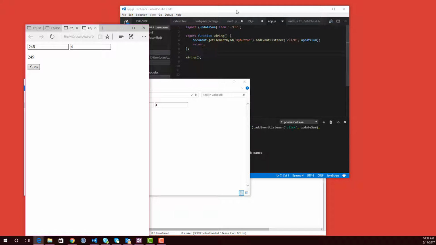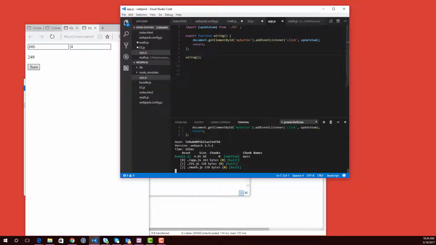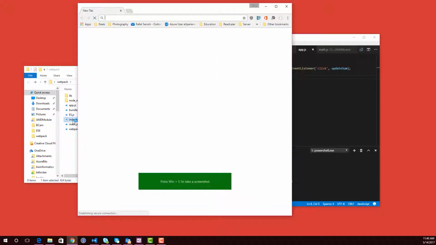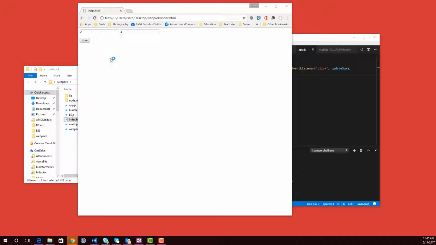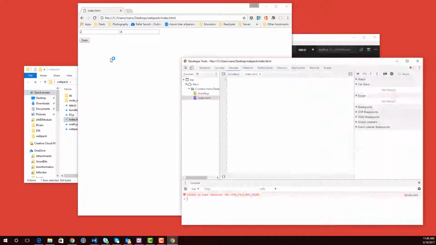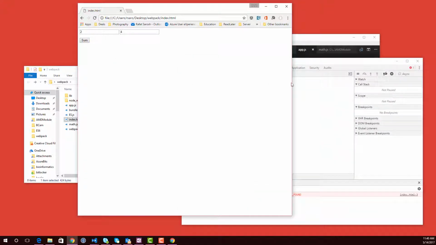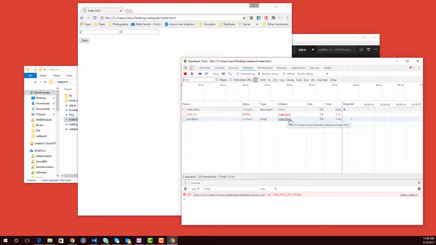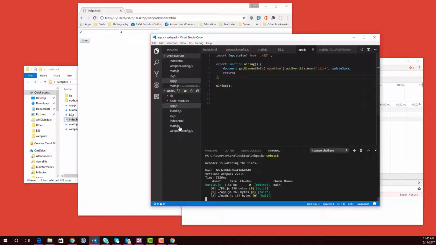Now we'll get into more features of Webpack. Okay, let's see what's happening behind the scenes now with Webpack. So open our file index in the browser, and F12, and let's refresh it. So we see there's an error, the style sheet is not found, and on network we see just one bundle.js is pulled in. So let's fix this error and add a style sheet. So here's the style sheet, style.css,